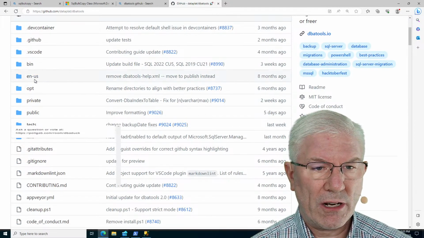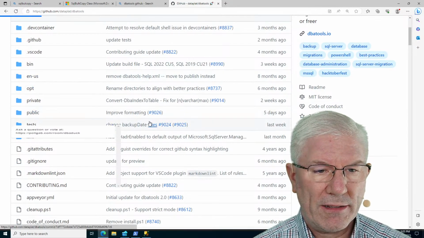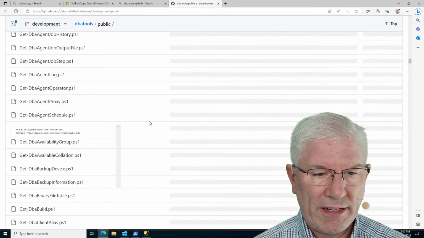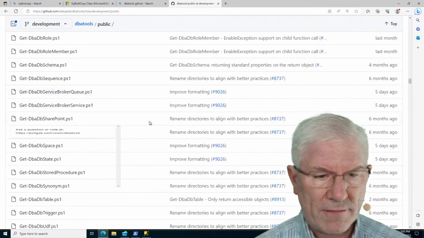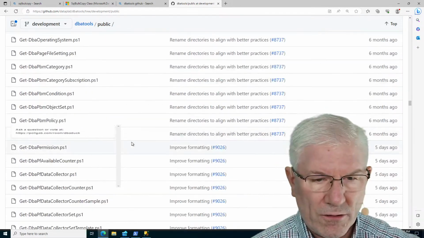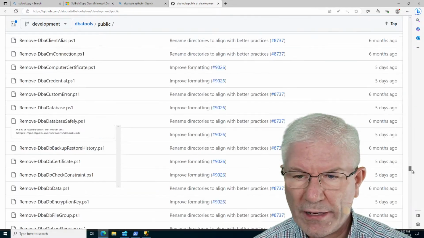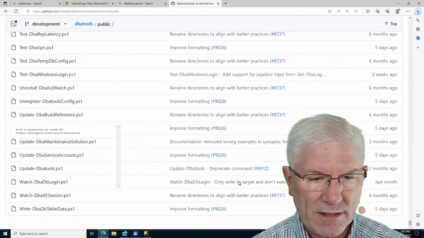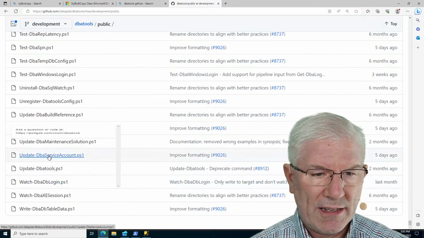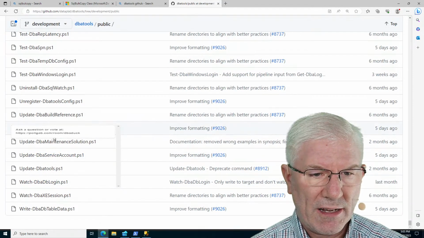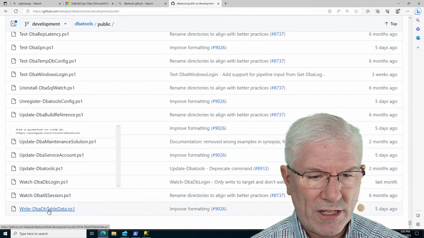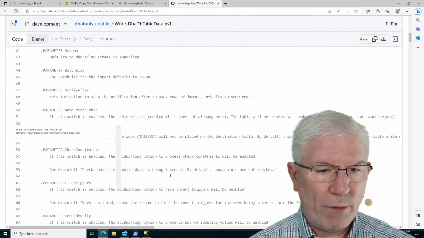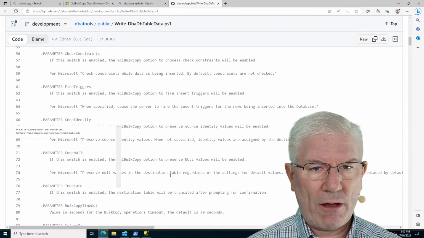DBA tools, GitHub, and the GitHub DBA tools here is going to show us a way that it uses it. Now let's see, we're going to go into public, and we're going to go to Write-DbaDbTableData. So let's do this all the way down because we're at writes. Write-DbaDbTableData. In this function, what we found when we were going down this road of figuring out how